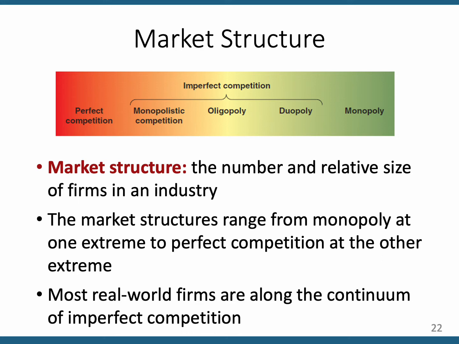All the way to the right, that's less competition. The least amount of competition would be a monopoly. That is a market structure. That's going to be Chapter 10, and that's where there's one seller. All the way in the other direction, perfect competition, that's what we're talking about in this chapter. That's where there's lots and lots of sellers, and it tends to be a standardized product. And then in between, we have monopolistic competition and oligopoly.